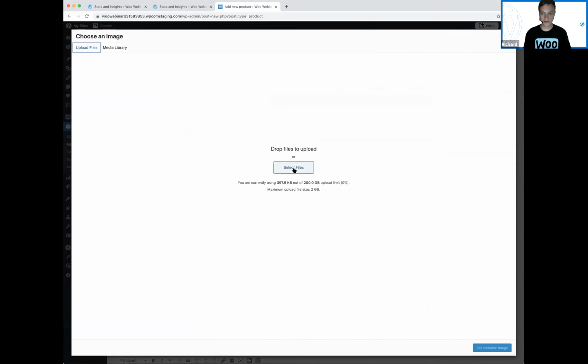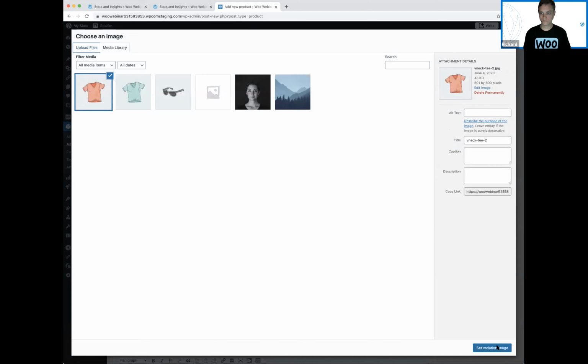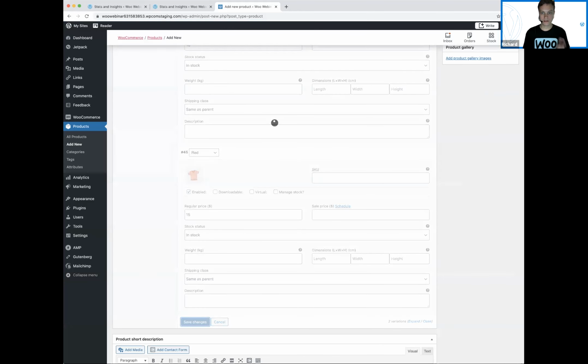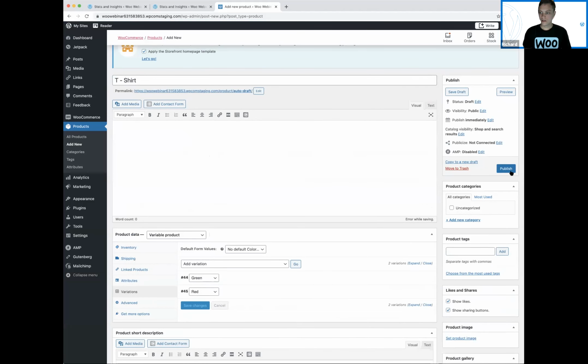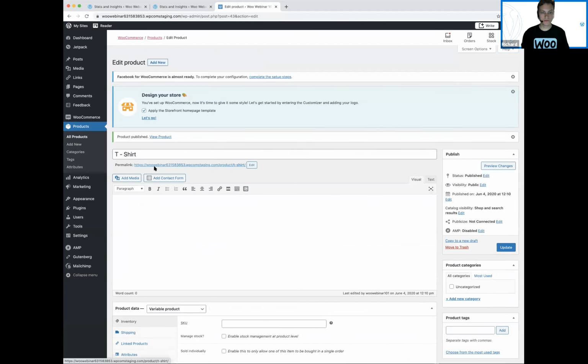Upload an image, same steps. Set variation image, now save changes. So again, price is the main thing we need to have. So we've got our t-shirt, let's publish that. And then we'll click this link here, this permalink, just to open the front end of the website to see